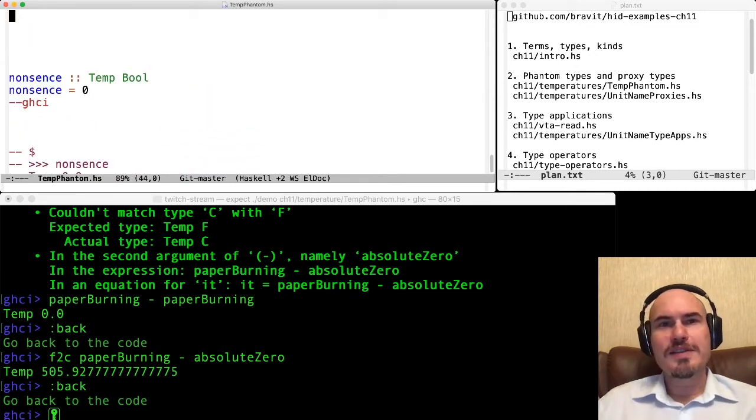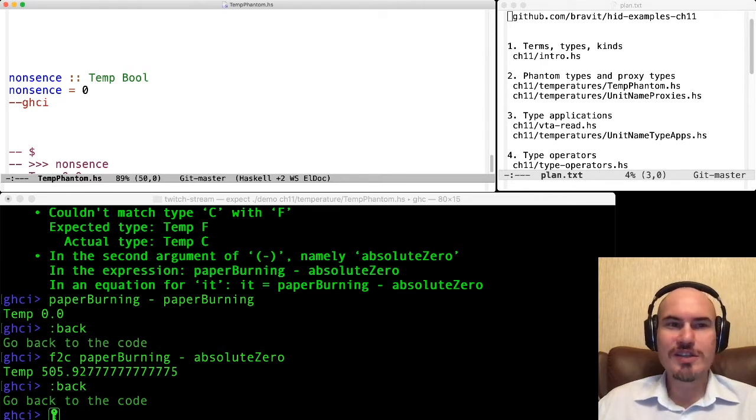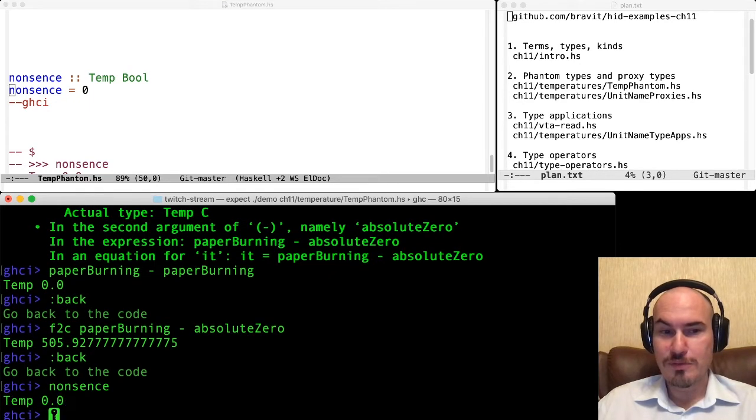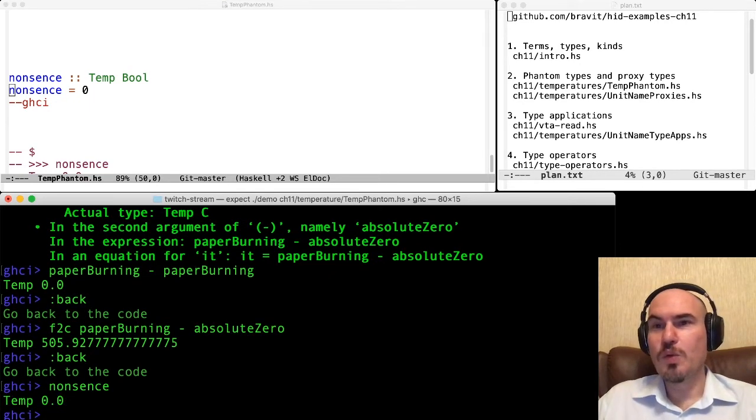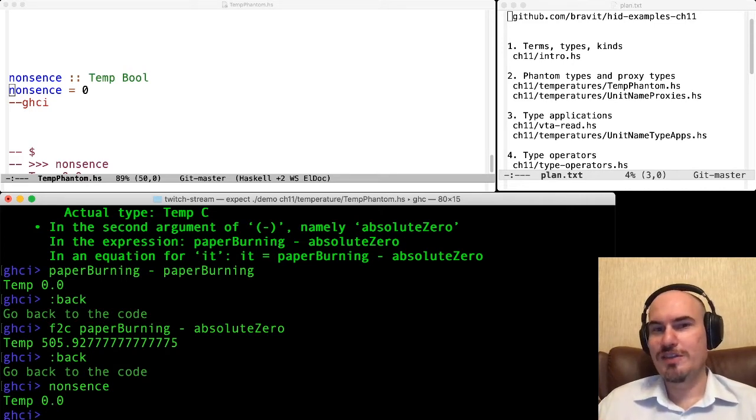Unfortunately, with these phantom types, we can get something like that. We can write nonsense definitions, and it works. Well, Temp Bool, what does it mean? We don't have such a scale. And remember, this Bool type is never used on the right-hand side of the type declaration. So, just nonsense.